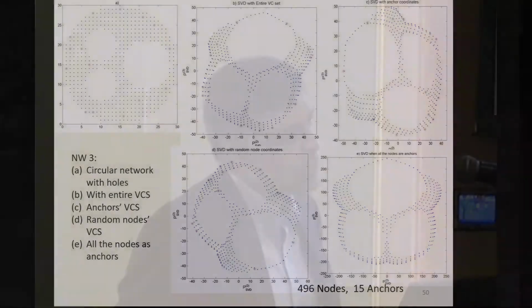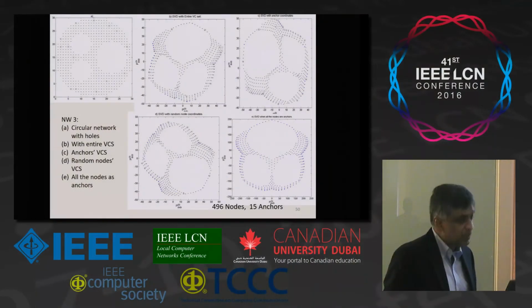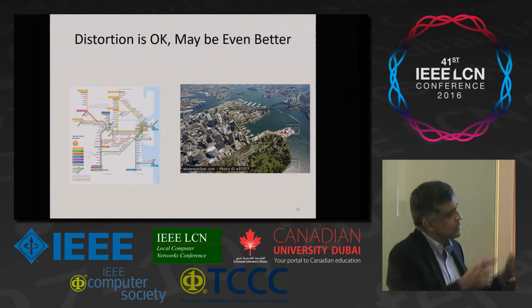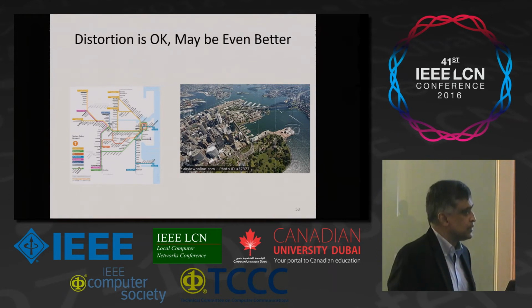Why do we need physical maps that are to scale? Because we are used to it. We are used to the geometry. But if you look at certain examples, like the map of a subway system, a metro system, it's never drawn to physical scale. In fact, this distortion is much better than the original map, right? If you look at the bird's eye view of a certain area, this is not to scale. In fact, our vision is not to scale either, but we can navigate and do all the things. So why do we insist on having the actual physical scale? In fact, that is not natural for networks, right?